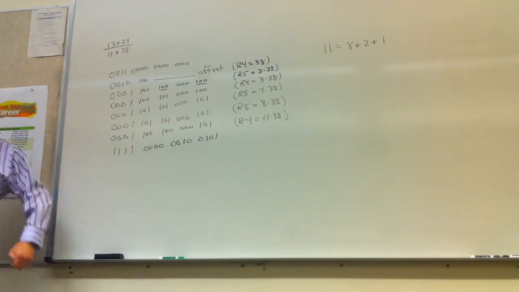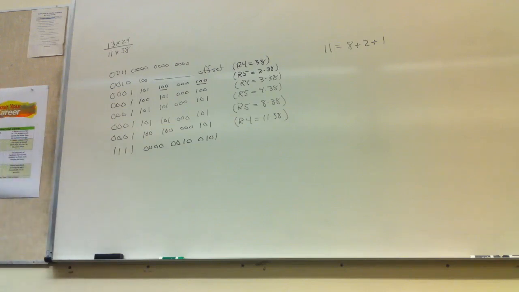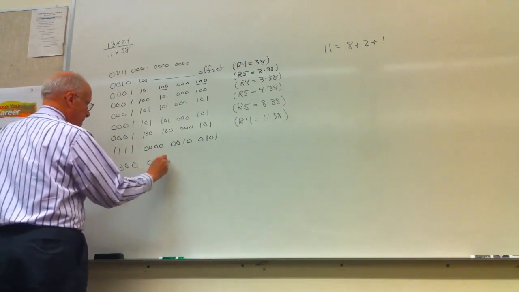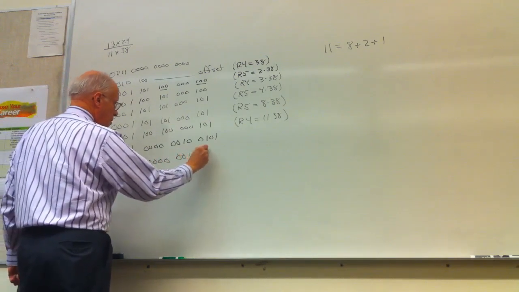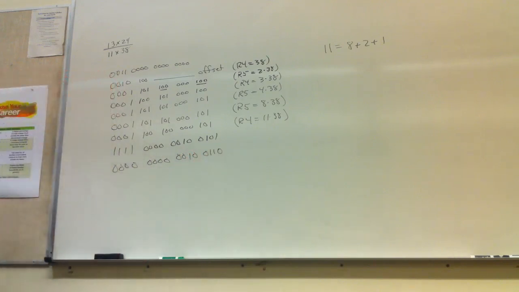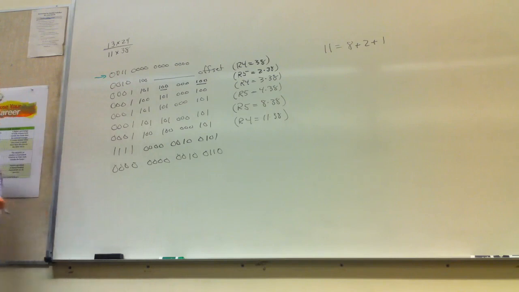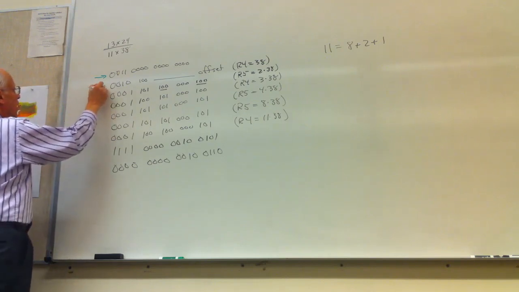So let's see, 38 is 2 times 16 plus 6. So it looks like this. Now that I've got that, I can go in and figure the offset that goes up here. Remember, this one doesn't actually show up in the memory. It's used to initialize the thing. So this is at